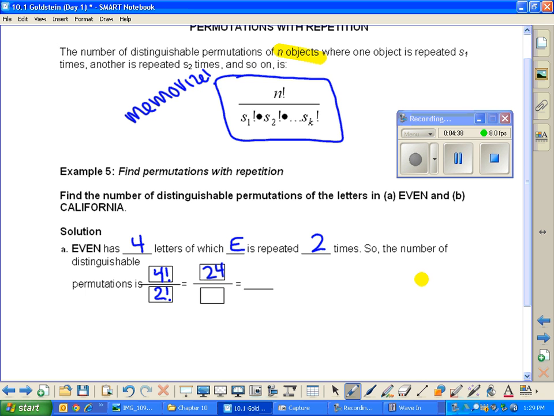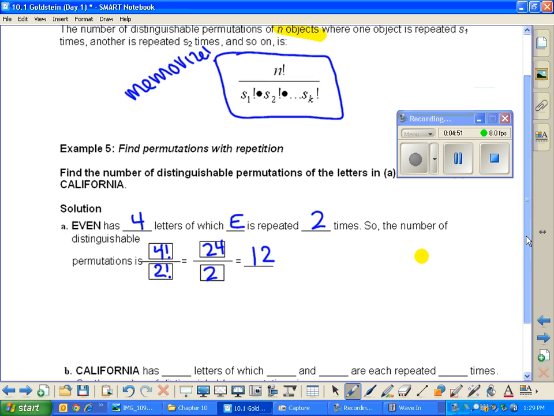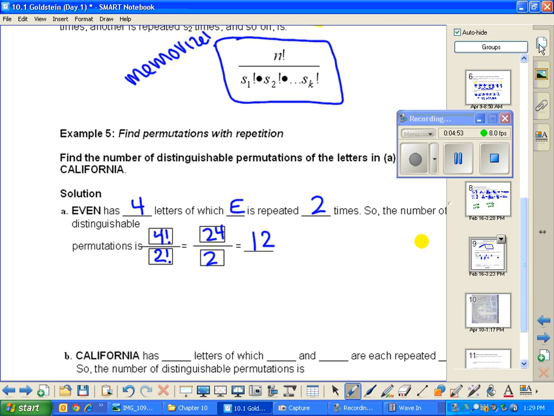2 factorial, that's just 2 times 1, that's 2. So how many different ways, how many distinguishable permutations are there for the word even? 12, you are right. And before we do that second part, if we jump to my